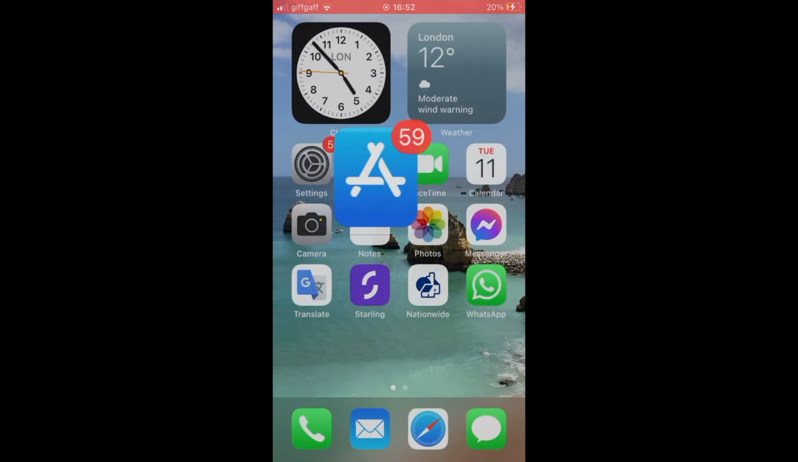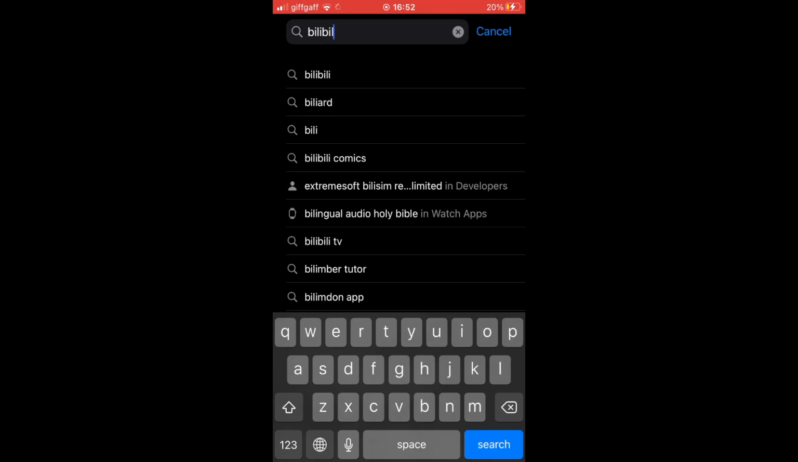So click on the App Store icon on the homepage of your iPhone or iPad. Then you want to click the bottom right hand corner where it says search. Then you should see at the top of the screen the toolbar should pop up where you can just type